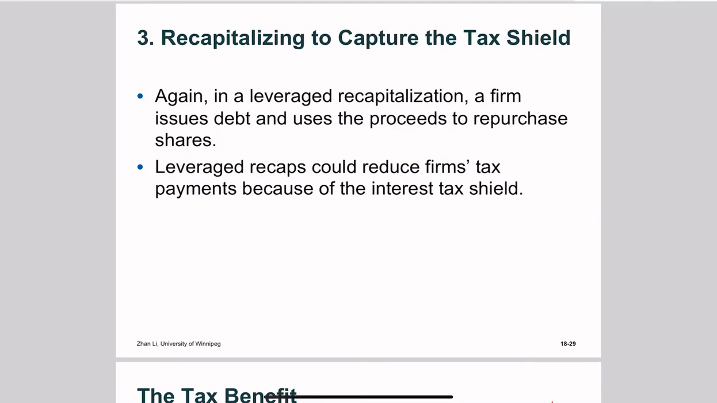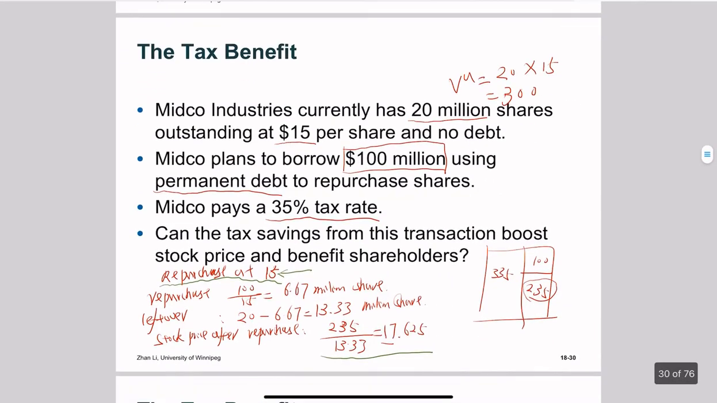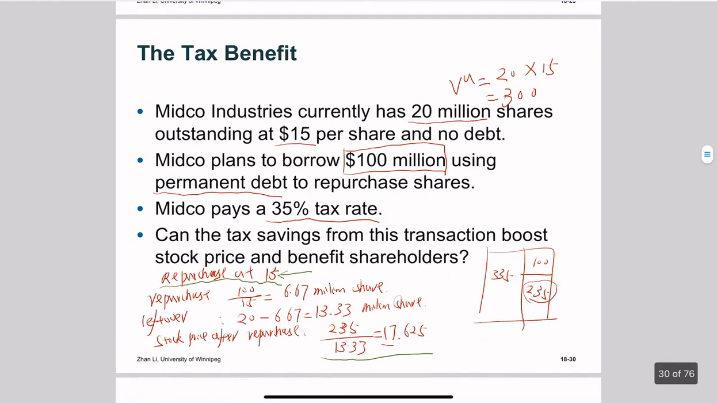So last class we discussed recapitalization when there's tax. Let's first review this example. We learned this recapitalization example by discussing how the firm's value would change if there's a tax and how the firm's stock price would change if there's a tax. So let's look at this example we